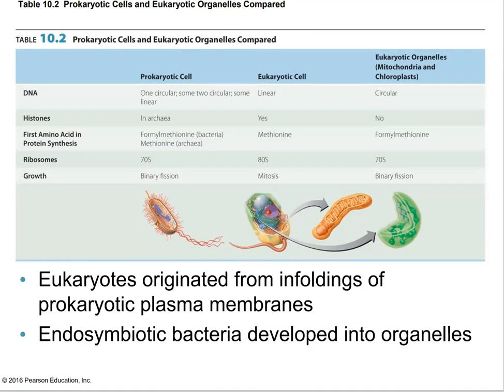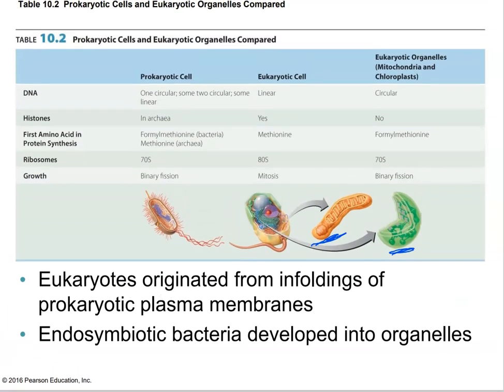So we talked about the endosymbiotic theory in the last lecture as well. Endosymbiotic theory says that the mitochondria and the chloroplast of eukaryotic cells actually are bacteria that took hold inside of the eukaryotic cells for protection, but in return they deliver services. The chloroplast, of course, is the site of photosynthesis, so they're doing the job of photosynthesis for a eukaryotic cell, and the mitochondria are doing aerobic respiration for eukaryotic cells.